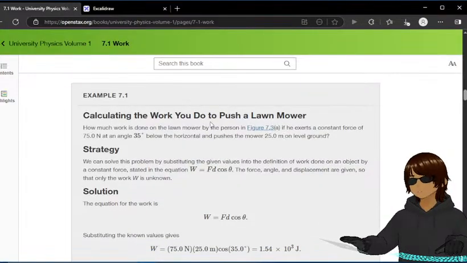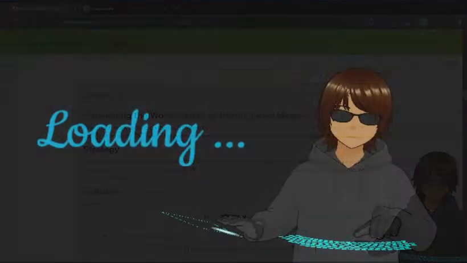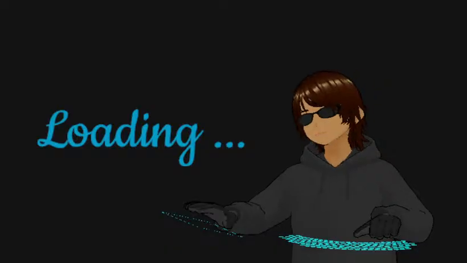Calculate the work you do to push a lawnmower. How much work is done on the lawnmower by the person in figure 7.3 if he exerts a constant force of 75 newtons at an angle of 35 degrees below the horizontal and pushes the lawnmower 25 meters on ground level? Hold on, let me open